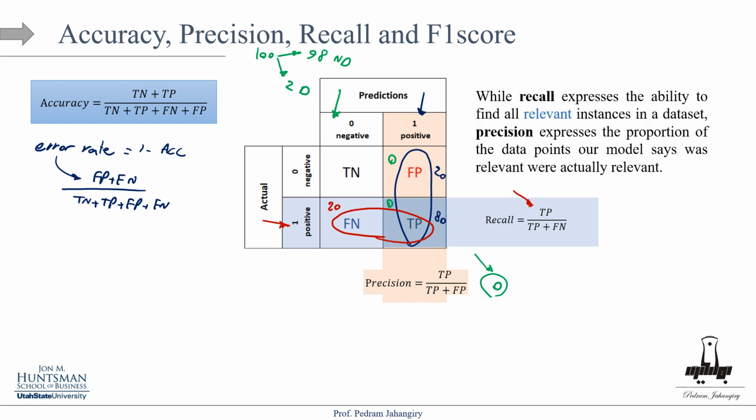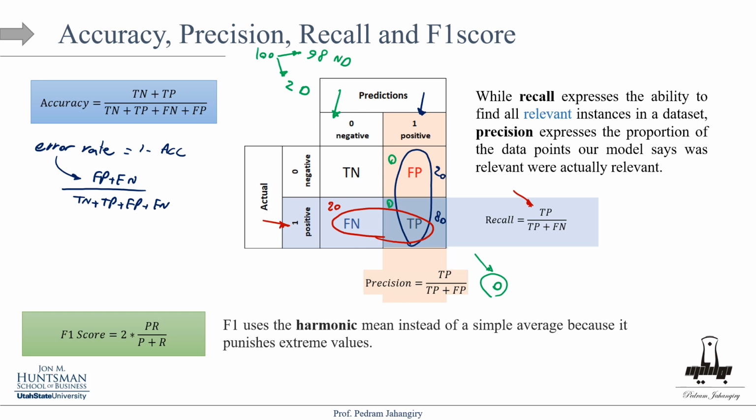So while recall expressed the ability to find all the relevant instances in a data set, precision expressed the proportion of the data points that the model says were relevant that were actually relevant, right? So among those that the model predicted to be correct, what percentage was actually correct? Okay. Now, the third,